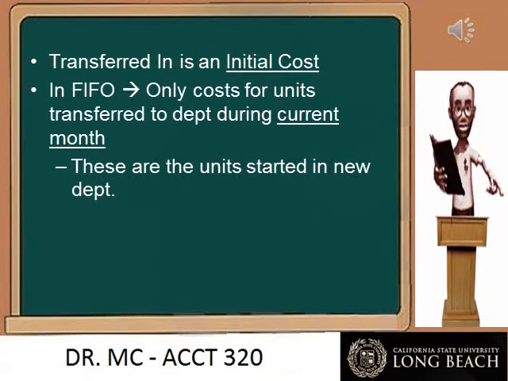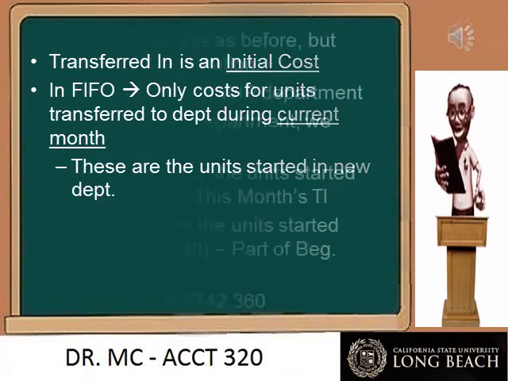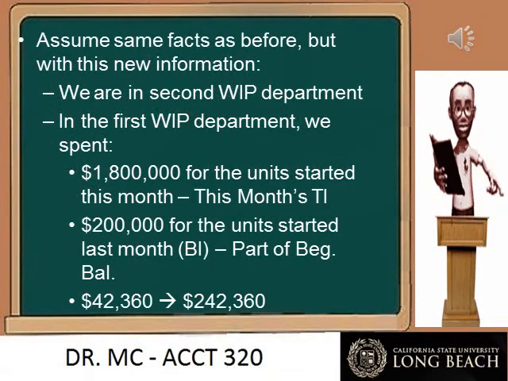Let's continue with the earlier example. Remember that we are the second department, and there was an earlier department. We only discussed the second department's costs and we postponed the discussion of the costs of the first department. We are now going to talk about how Department 2 handles those costs. Assume that the 180,000 units started in Department 2 brought with them costs from Department 1 of